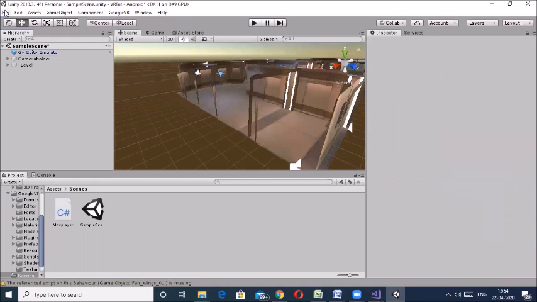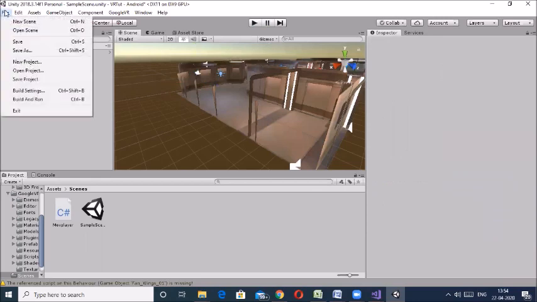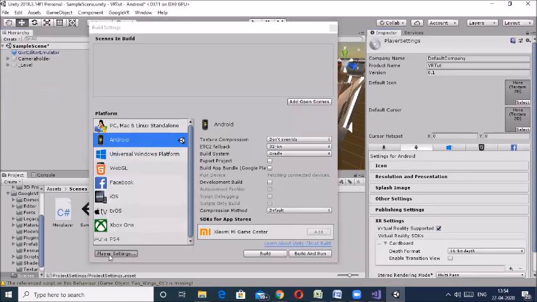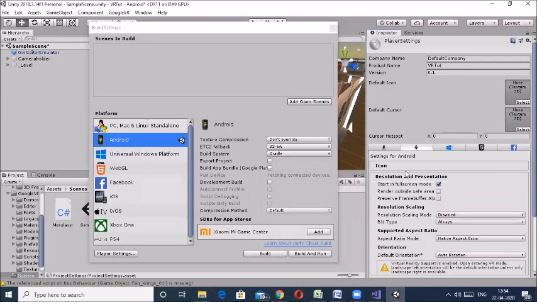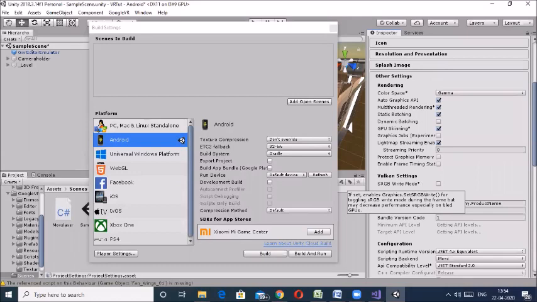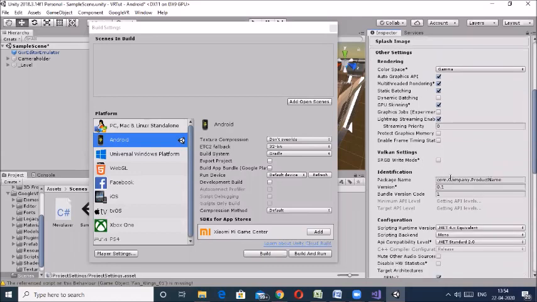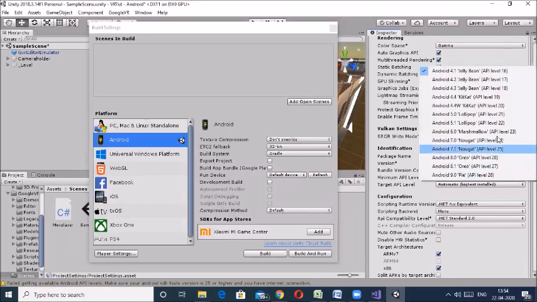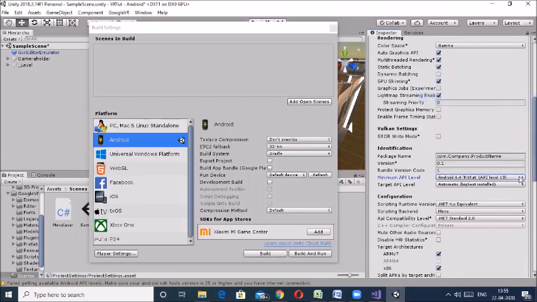Now you have to just create the app. Go to build settings as you have already done in augmented reality. Just go to player settings and set all these things like company name, product name, and resolution. In other settings you have to set the package name like com and the company name which you have already mentioned earlier, and the product name. Now the minimum API level here must be 19 or above. You have to just click on 19 because VR supports API level 19 and above.